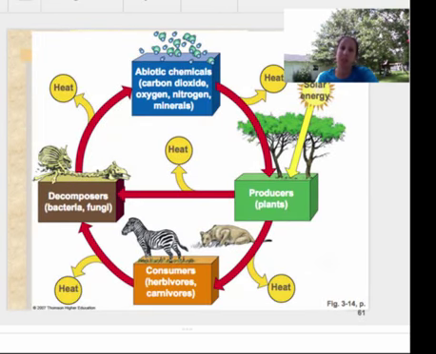Getting back to the cycle of everything, all those components are going to cycle from your abiotic to your producers, nurturing and making those producers grow. Then our consumers are going to eat those producers. Then they die off, so it's a circle of life. Remember, some energy is going to be lost as heat. It's that 10% rule. It averages about 10%, but some of the energy efficiency is going to range between about 8 and 14, but normal is 10%, and that's what you're going to see on the exam.